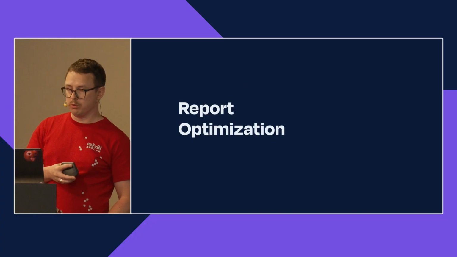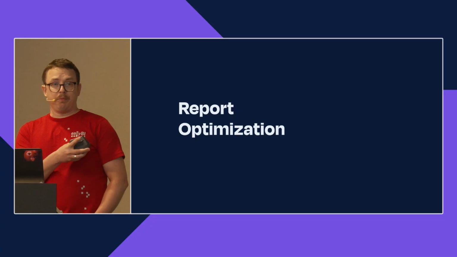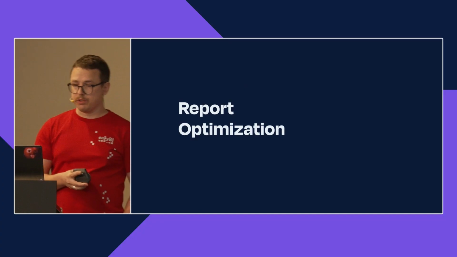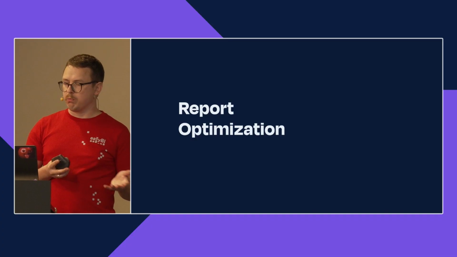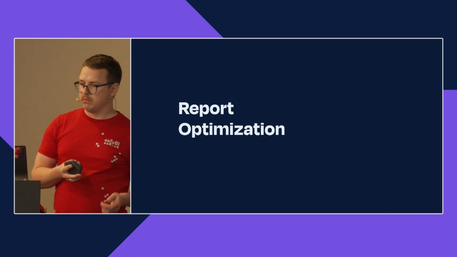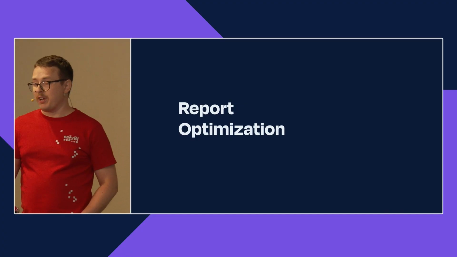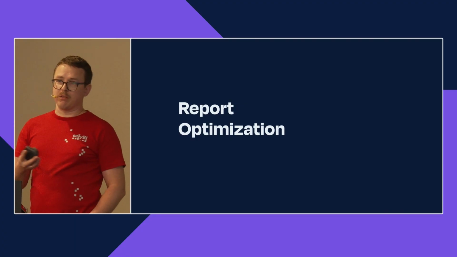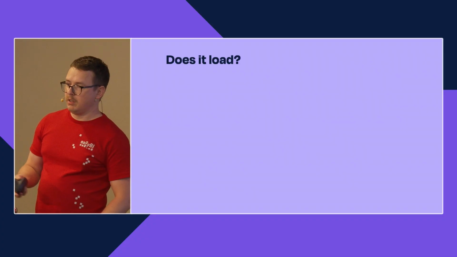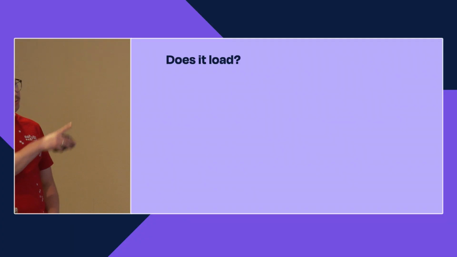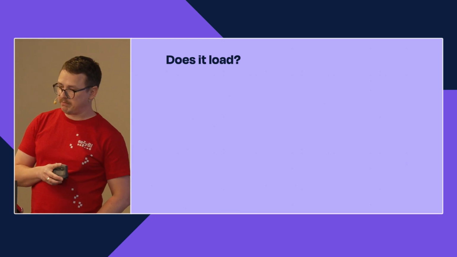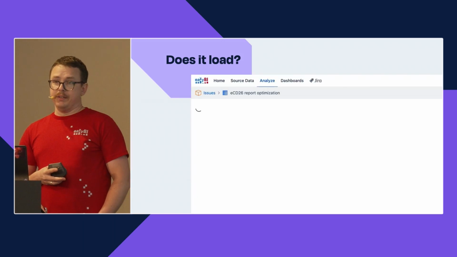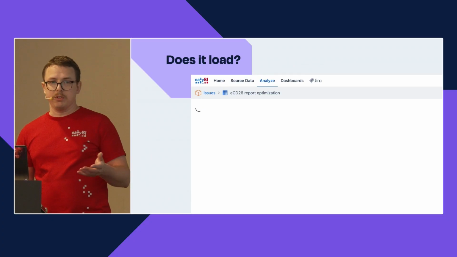So start with those. Now, what follows is not an ordered list, but a way I try to approach slow reports. Fix the frame first and then tackle the nuances. So the first step, this one is ordered. Does the report load? And if it does load,